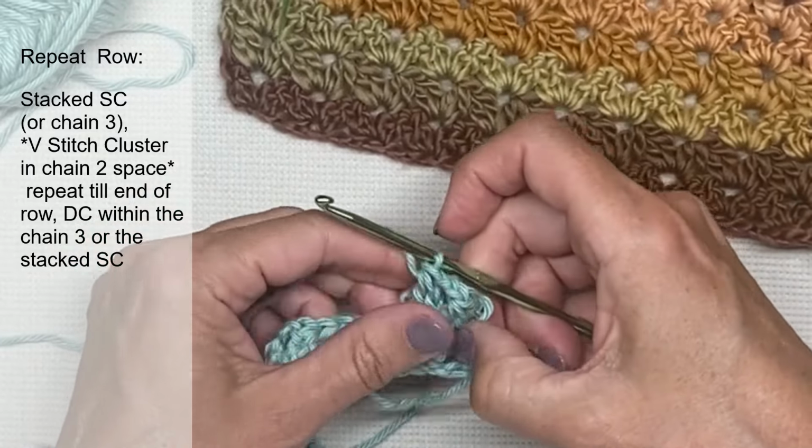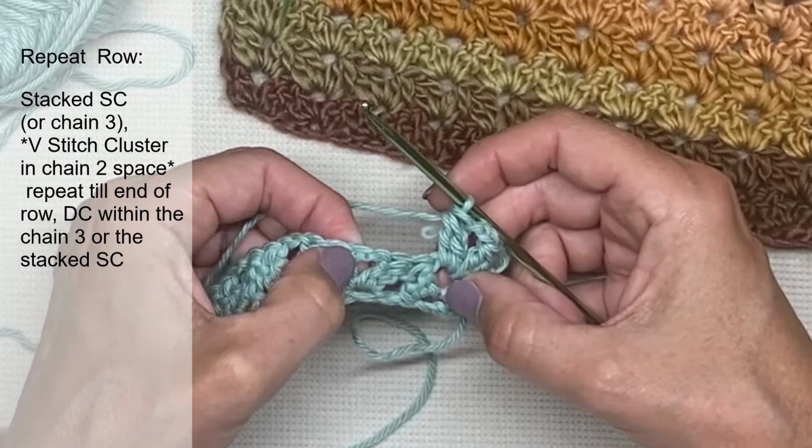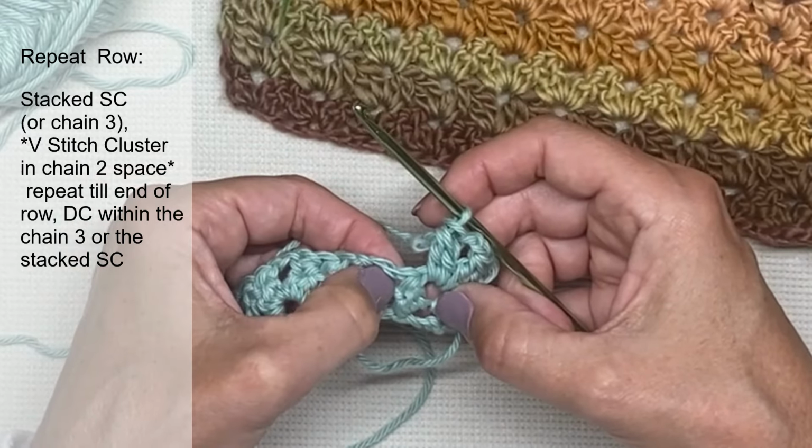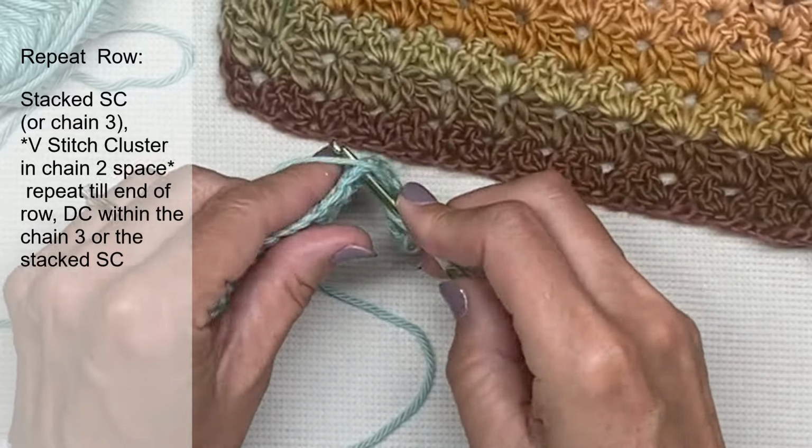Okay, so that is our next V-stitch in that chain 2 space. So now let's go to the next chain 2 space. Make sure you're going into that chain 2 space, not this first little space between our V-stitches, but in that chain 2 space in the center of those V stitches from our previous row. So yarn over, insert,